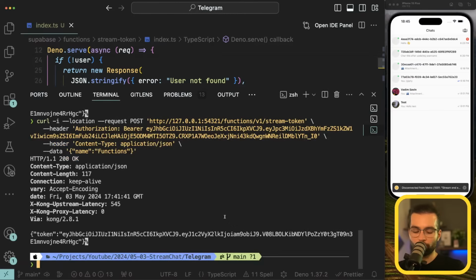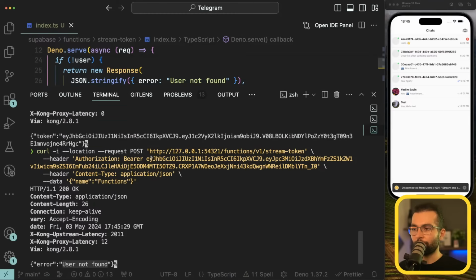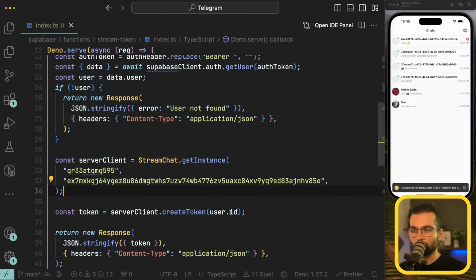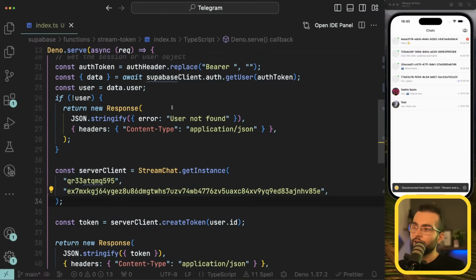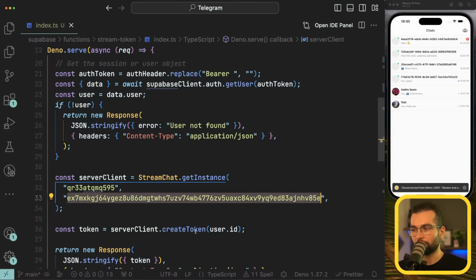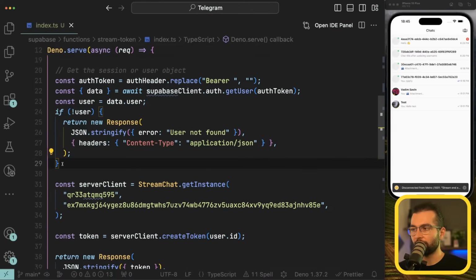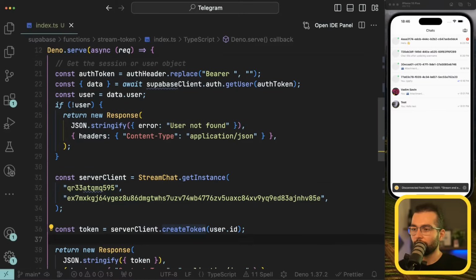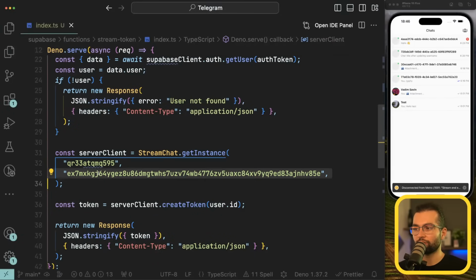Now, if I'm going to go ahead and invoke this function, you're going to see something. You're going to see that error, user not found. Why? Because we are using the authentication token for an anonymous user. We are in this CLI, we're not signed in as any user. If, however, we take the authentication token of a specific user, in that case, it's going to work properly. And we're going to test it a bit later, but in 99% of cases, it's going to work. Now, the last step is going to be these environment variables,